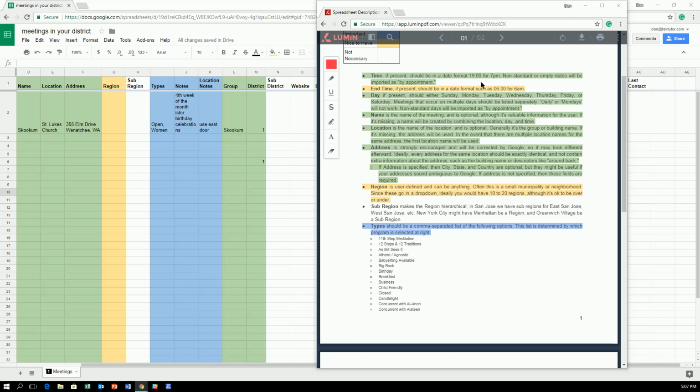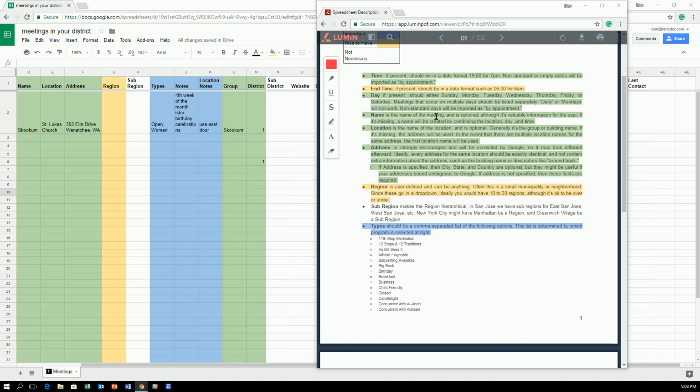The time is the beginning time of the meeting, and it describes that. You can have that blank in the case you have a meeting that's on the schedule, but you have to call somebody to make an appointment to have that meeting. That might go there. I haven't seen that happen very often. The end time defaults to 1 hour. So if I put 7 p.m. in the time here, the beginning time, and don't put an end time, it's going to assume that it's a 1